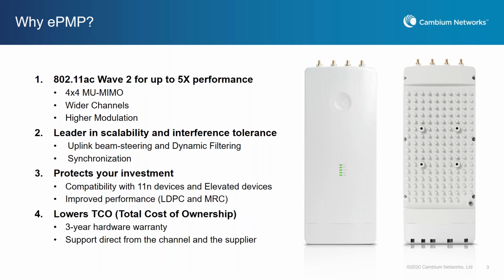And primarily what that gives you is three things to increase capacity. It gives you higher modulation with 256 QAM. You can increase channel size all the way up to 80 megahertz channels. But what we see most customers taking advantage of is the 4x4 multi-user MIMO. Multi-user MIMO lets the access point communicate with two subscribers at precisely the same time. So if there's capacity required or demand, that MU-MIMO kicks in and provides that additional capacity.